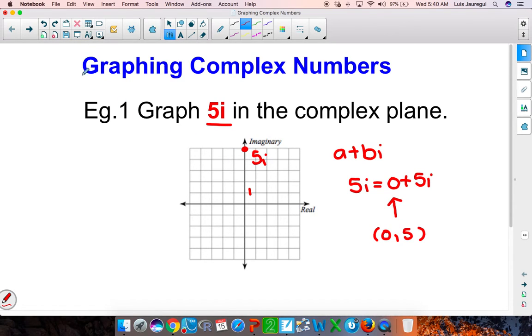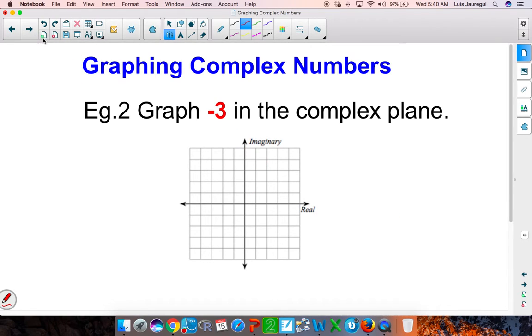So let's go ahead and see another example. Let's graph -3 in the complex plane. Again, any complex number is of the form a plus bi. Now notice -3 can be written as -3 plus 0i. That way we can just keep the original part, or the real part. And this will give you an ordered pair